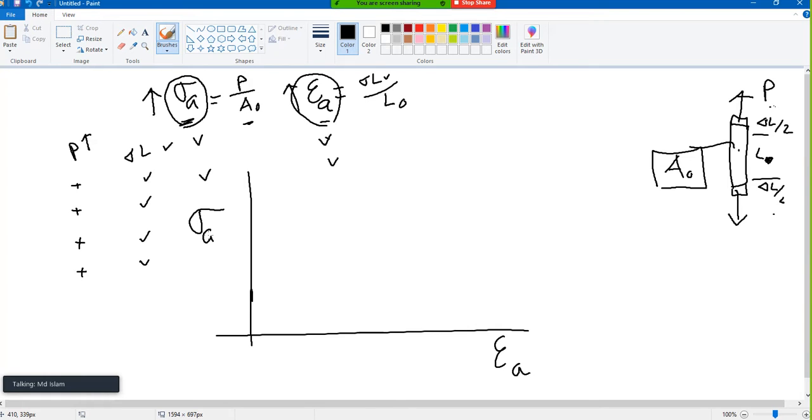Now for a mild steel or a ductile material, the question is, what is ductile? Ductile means it will show a significant amount of deformation. You can see it. That is called ductile. Say a rubber band is ductile. If you pull it, you can see that it is elongating, elongating, elongating. For glass, when glass breaks, it doesn't show any deformation. You're applying load, suddenly it will break without showing any deformation. So that is called brittle.